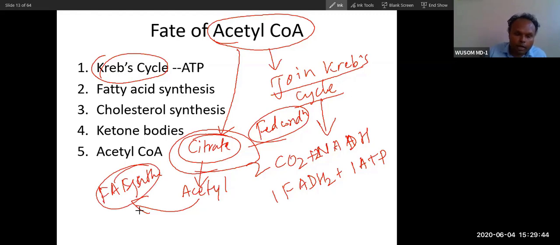So acetyl coenzyme A will convert into fatty acid. Also, this happens during fed condition, because when you eat food, glucose will be converted into fat. Basically, fat is a future energy, a storage form of energy. That is why excess carbohydrate will be converted into fat. You can easily understand that this should happen during fed condition. If you have eaten excess, then only the excess food will convert into fat. So acetyl coenzyme A during fed condition will convert into fat. Did you get this too?